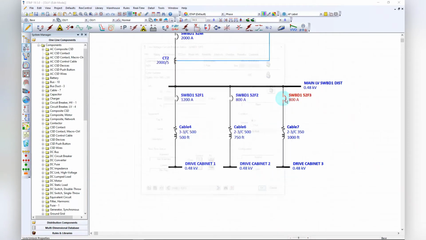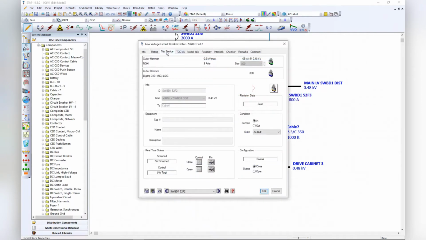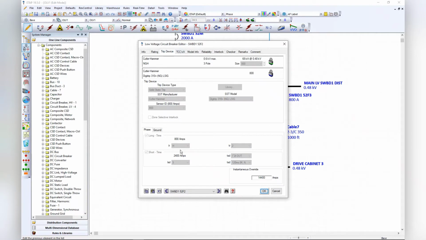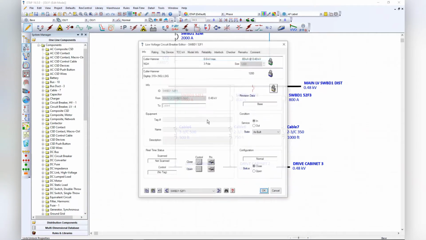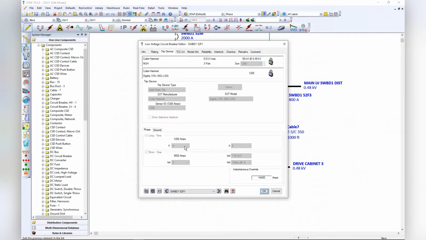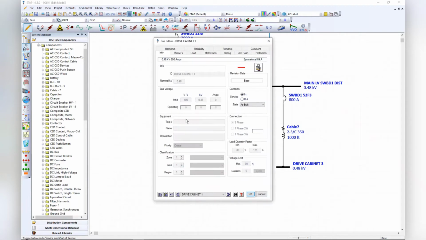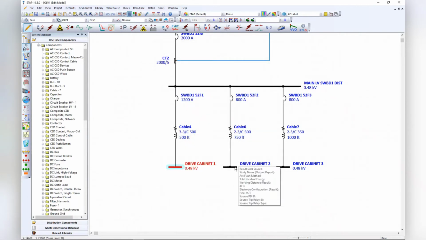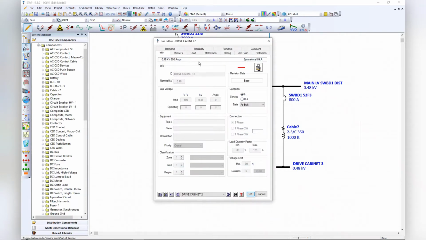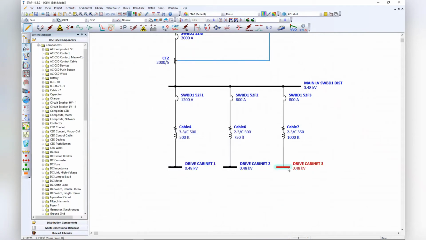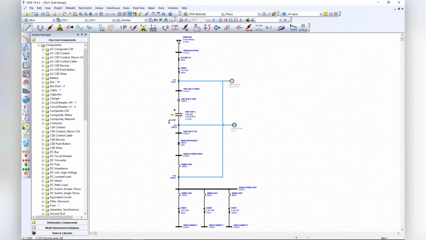Okay, so that's what I'm doing. This is a 600 amp feeder, what I have in here, and what do I have here? This is an 800 amp feeder. And this is a fully rated 1200 amp feeder. And down here I'm just gonna have drive cabinets. Let's assume that that's just the termination of the cable in the drive cabinet, whatever that is, whether it's a switch or it's a breaker. What do we have? We have it in here. Like I said, there is no,